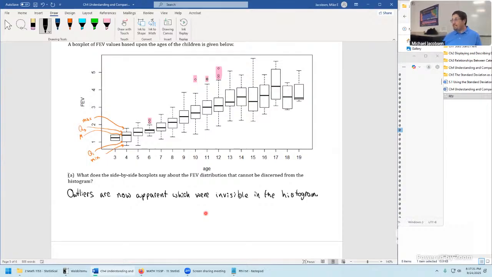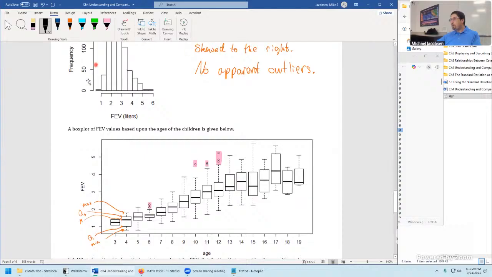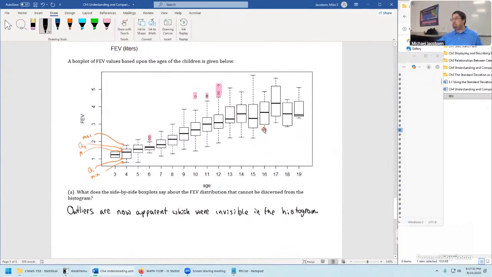Let's take another look at this. Anything else that you would say is kind of striking that you'd want to mention now that you see this, which you never were able to see in the histogram above? Does anyone see any patterns, for example? Anything that seems to be an interesting pattern or something to do about centers or variability could be a good thought to add as well.